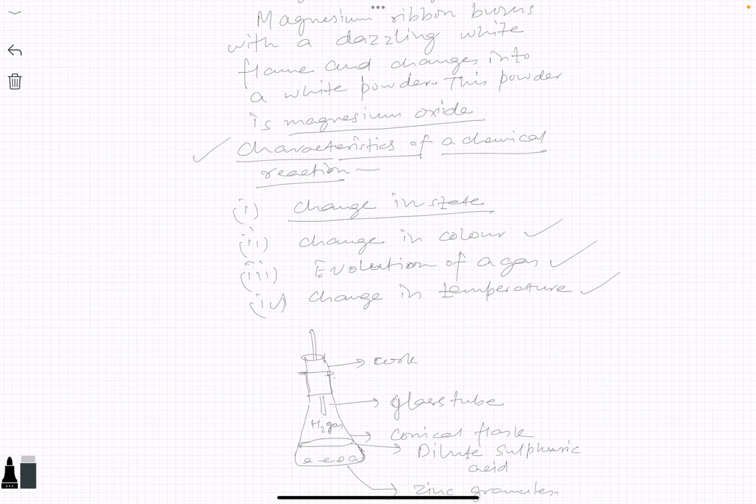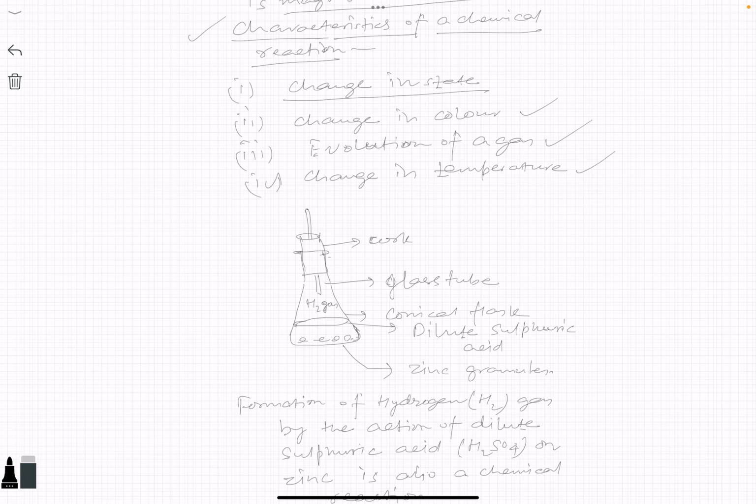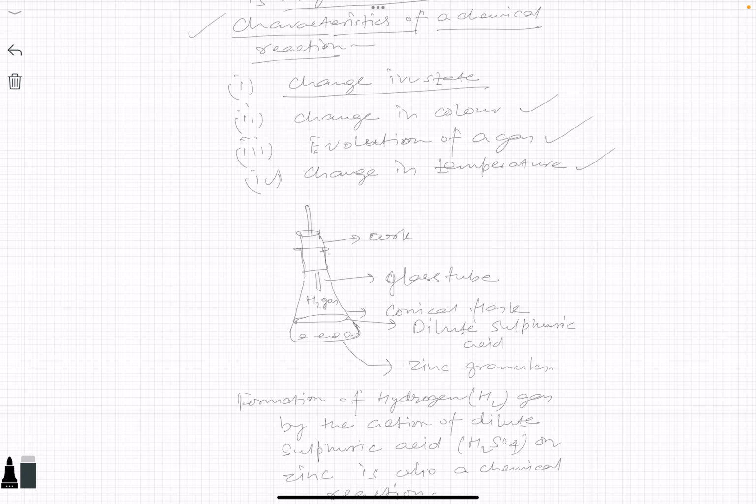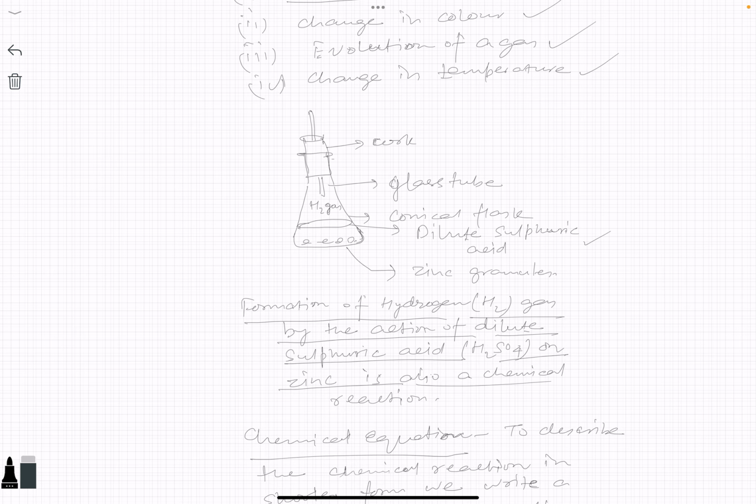For example, we take zinc granules to which dilute sulfuric acid is added. We take a conical flask, then we see H2 gas is evolved. That is, formation of hydrogen gas by the action of dilute sulfuric acid, H2SO4, on zinc is also a chemical